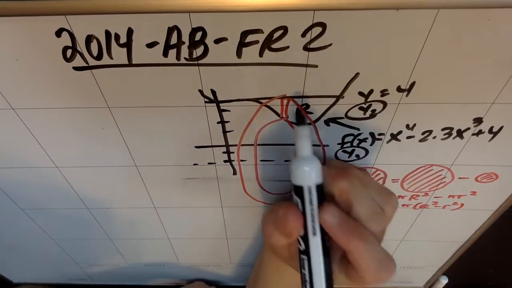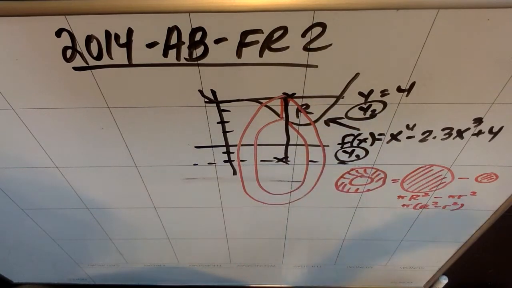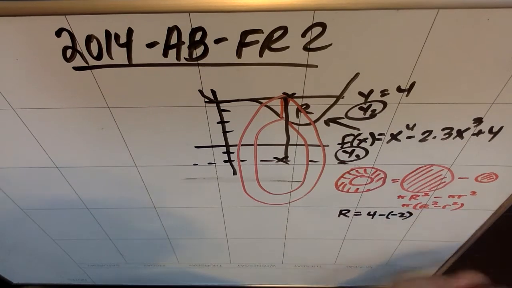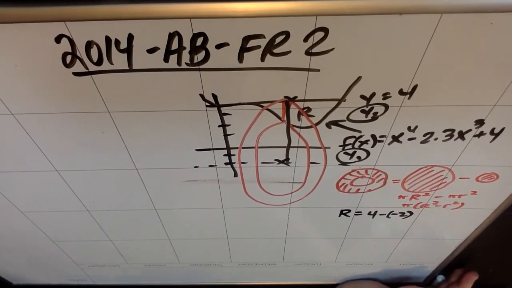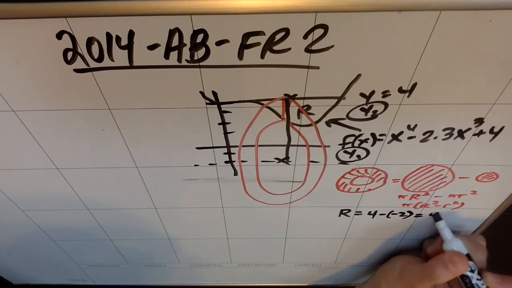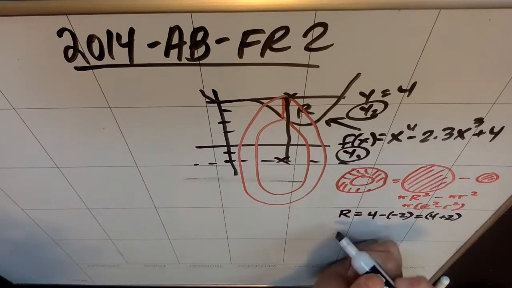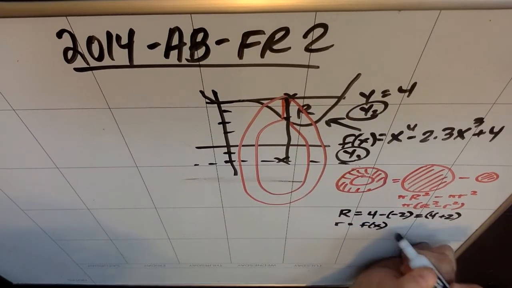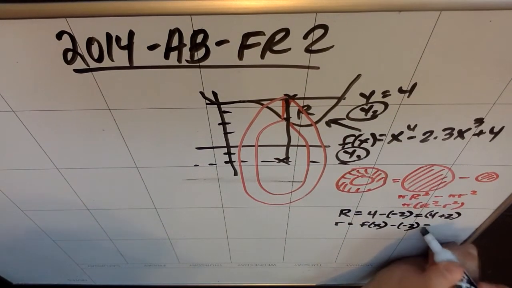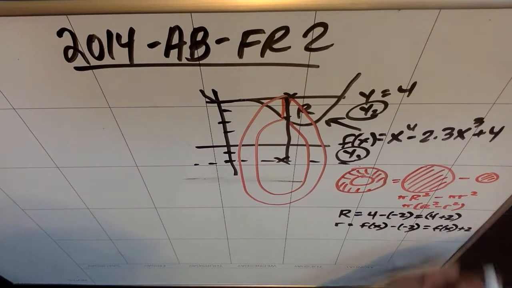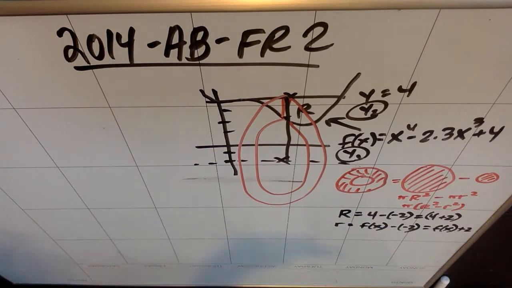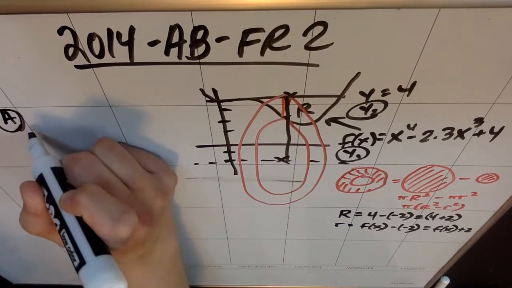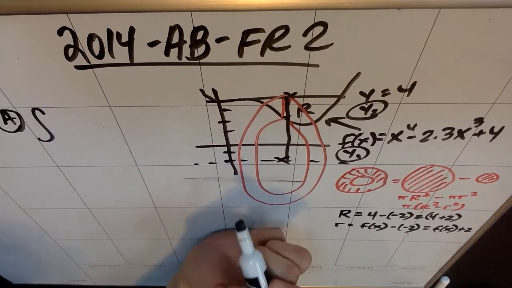So the big radius is going to be the top curve minus the bottom curve. The big radius in this problem is 4 minus -2. You can leave it as 4 minus -2, or you can make it a 6, or 4 plus 2. It doesn't really matter. My little radius is going to be this curve, which was f of x, minus the -2, but because they called it f of x, which is why I was kind of stoked when I noticed that, I can call it f of x plus 2. So the integrand I want to set up for my part A is that the volume is the integral from,